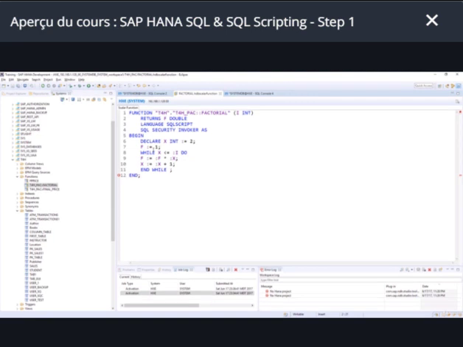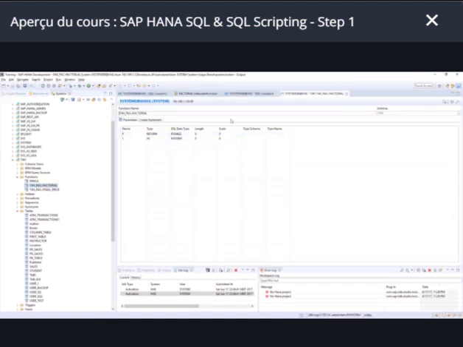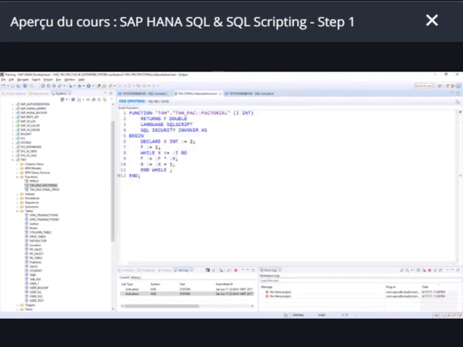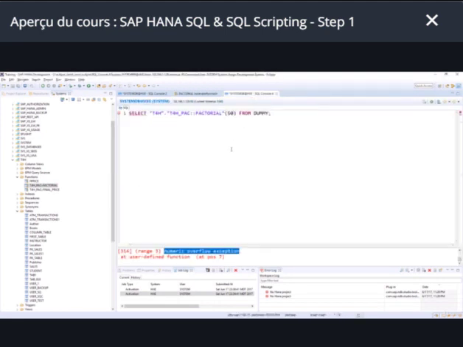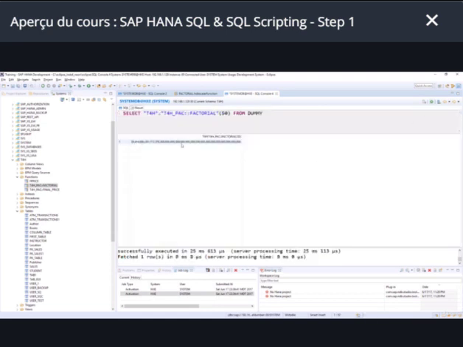As we are using a design time object, we can change it any time, and that's going to be reflected in the function automatically. See here, the return type is now double. Let's run 50 factorial now, and we are able to achieve the result with the double data type. So that's how